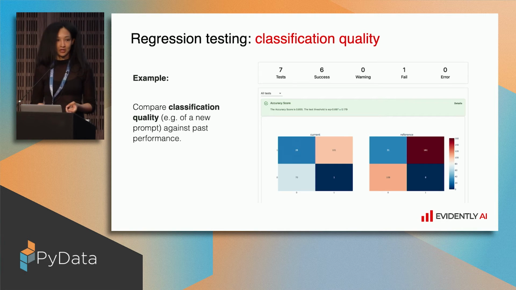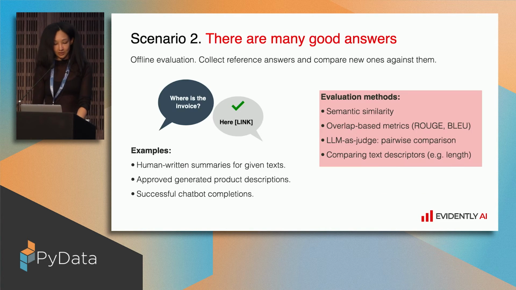So pretty standard, very similar to what we did before when we just compared different algorithms to do classification, right? So here we keep the same idea. Moving on, if there are many good answers, and here I'm talking mostly about the generative applications, here we already cannot do just comparison-based evaluations, right? For instance, in this case, we try to answer the user question on where is the invoice, and we